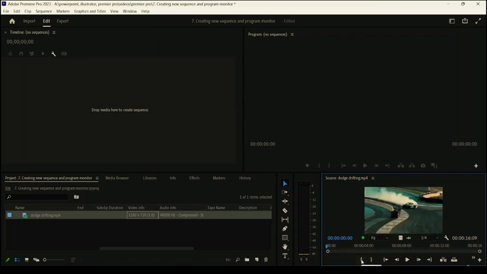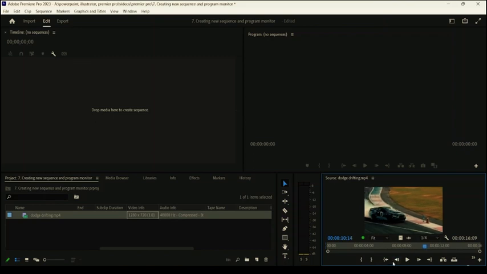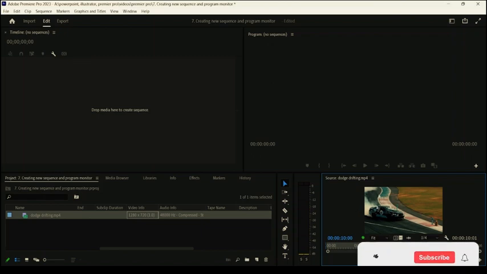First over here, I want to set the mark in option, and then in 10 seconds, let me step back to the 10-second frame over here. Okay, then I will select the mark out option, and then I'll press the insert button over here, or I can just click and drag this. Okay, since my insert option is not working, I'll just click and drag it inside our timeline sequence, and afterwards